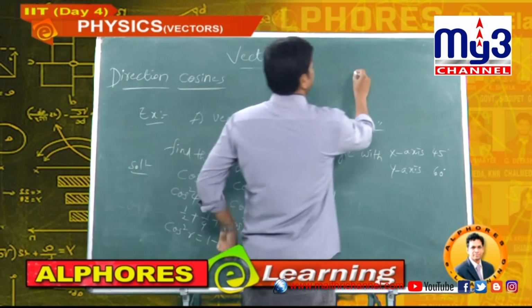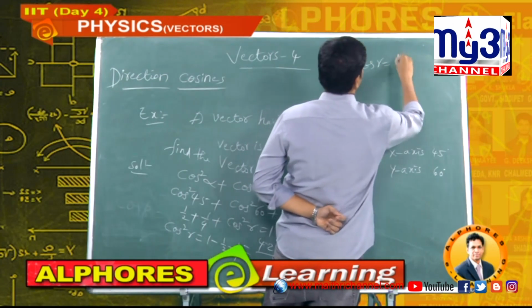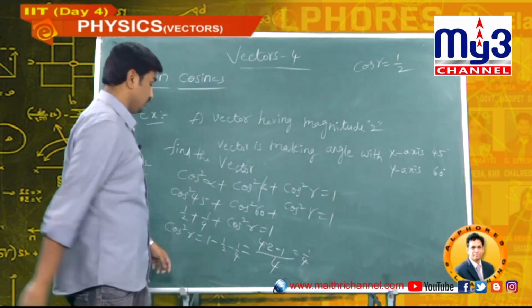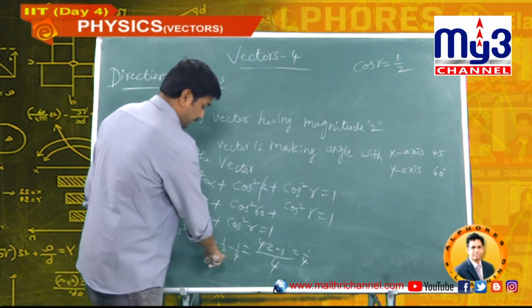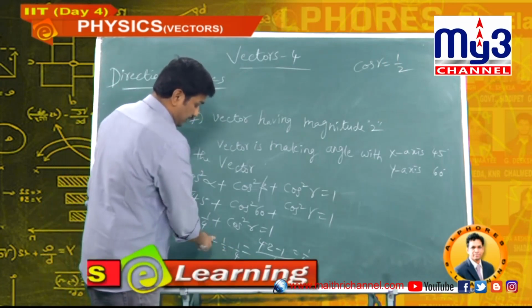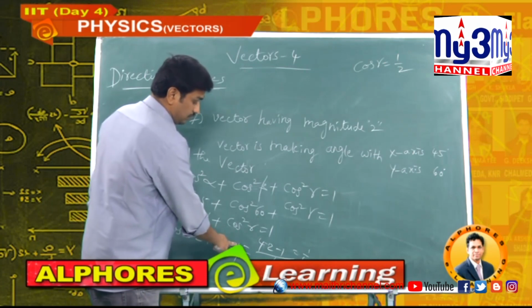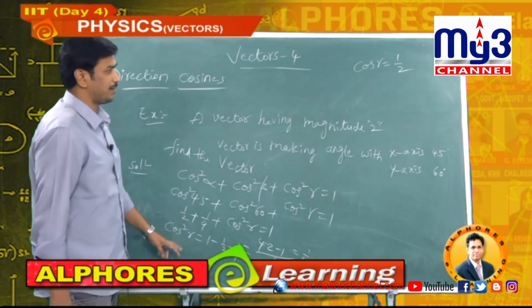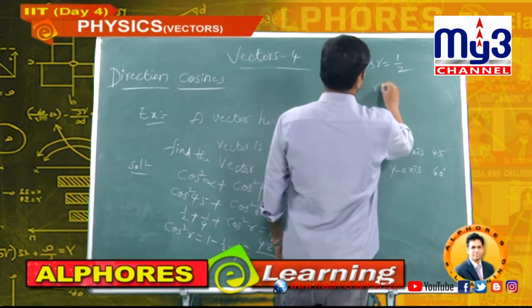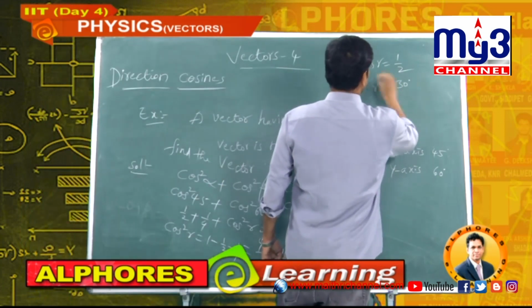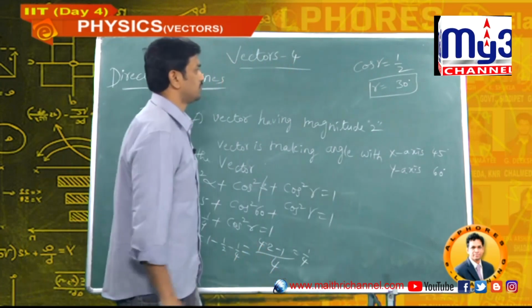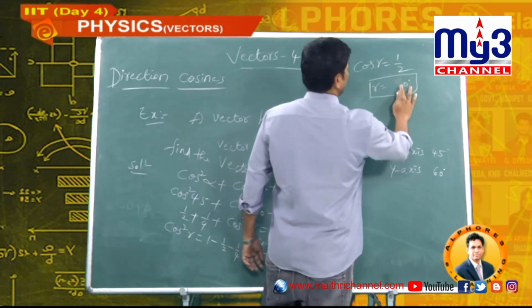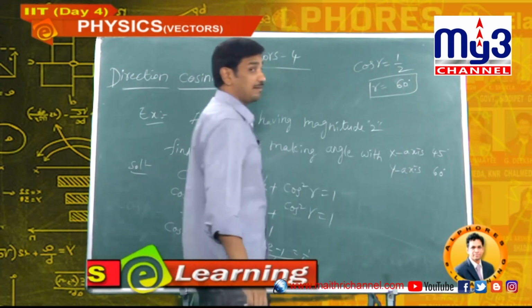Now what about cos gamma? Cos gamma is 1 by 2. After making a simple calculation with LCM 4, 4 minus 2 minus 1, it's a 1. Now I got the value 1 by 4. Here the square is there, so cos gamma is 1 by 2. What is the gamma value? Gamma value 30 degrees, sorry, 60. Cos value 1 by 2, so gamma is 60.